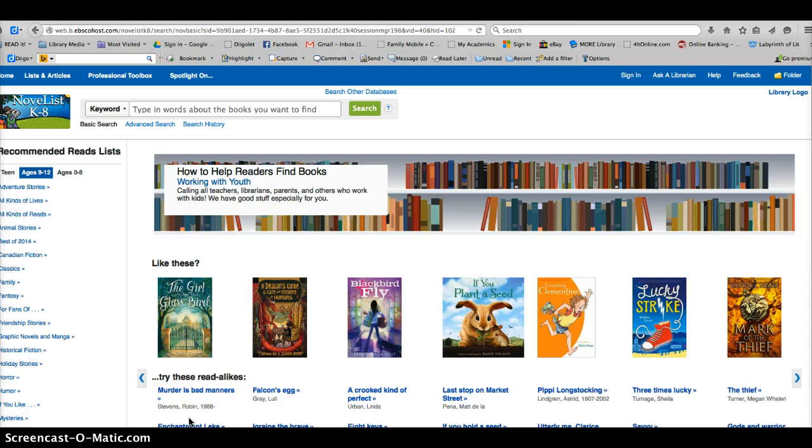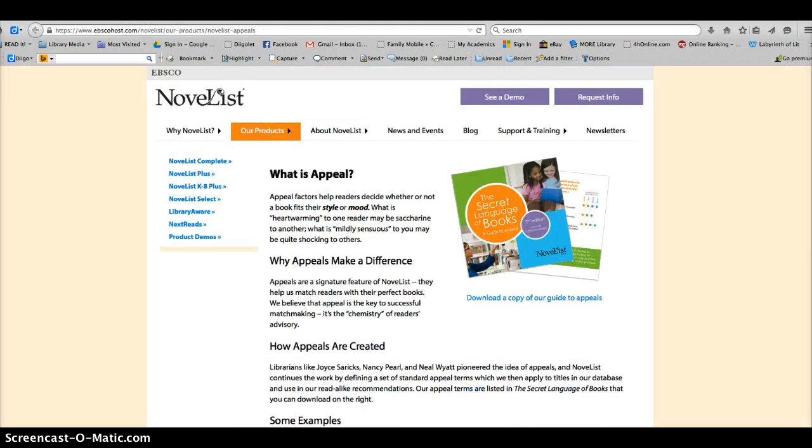We know with Reader's Advisory we're not always just looking for the same author. Many times when students say, "I love this book," it's more about that experience with that book, which is often based on the appeal factors, possibly how quickly it went through the story, the characters were wonderful, or there's just a lot of appeal factors, and Novelist provides the opportunity to search for those. Those appeal factors are what really made the book.